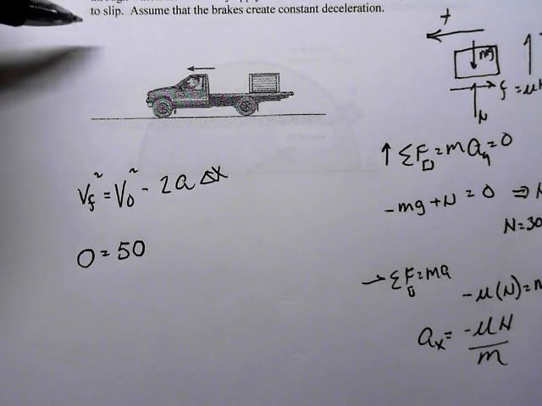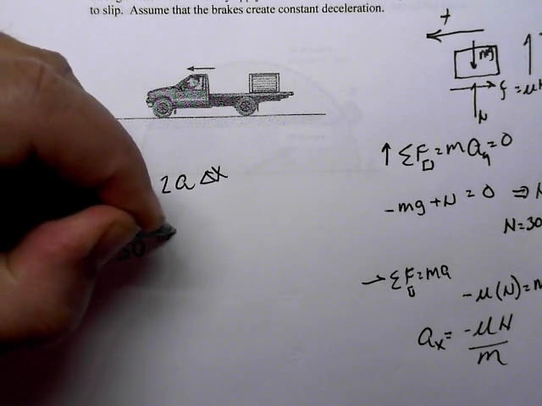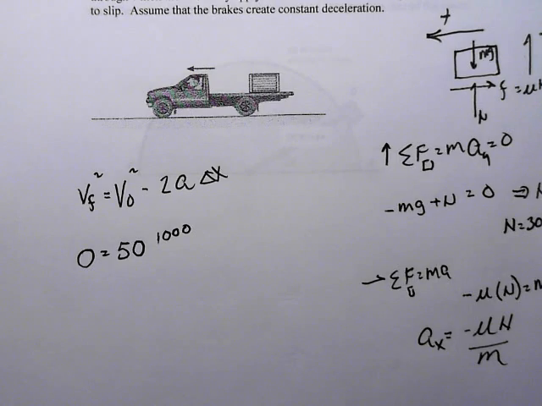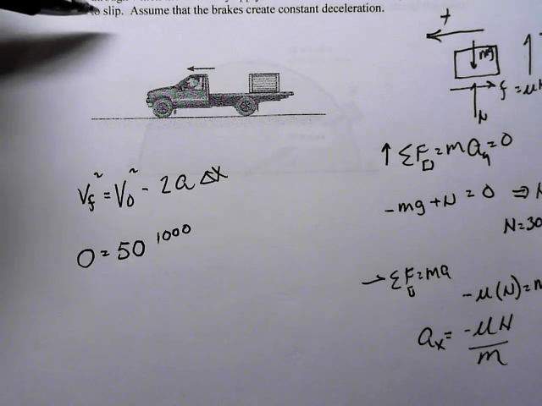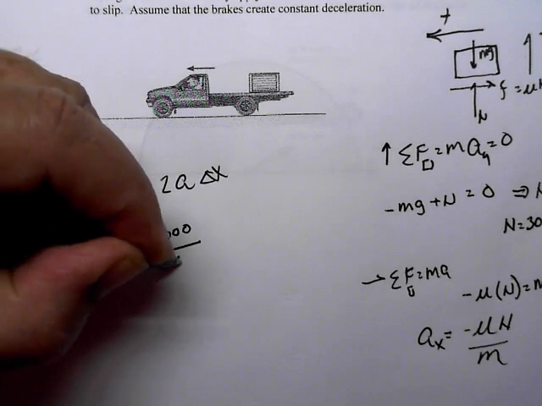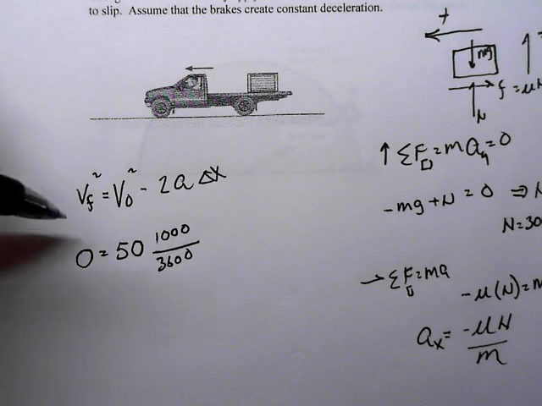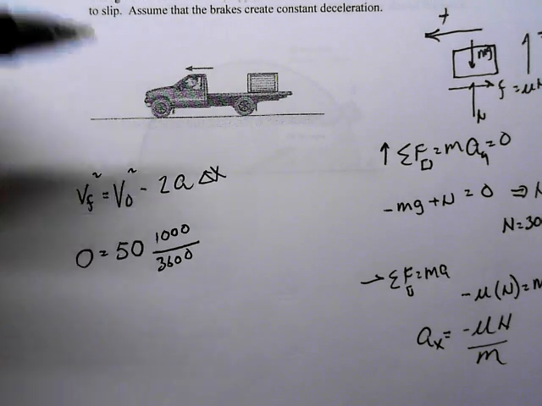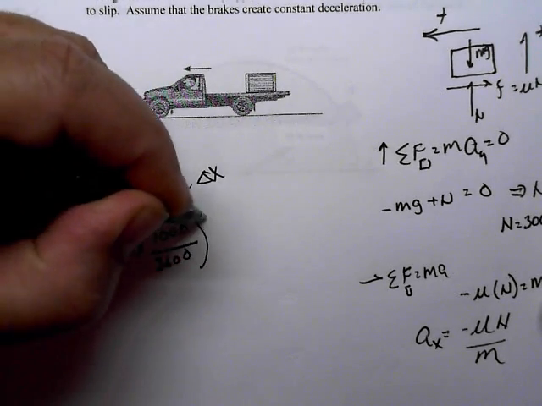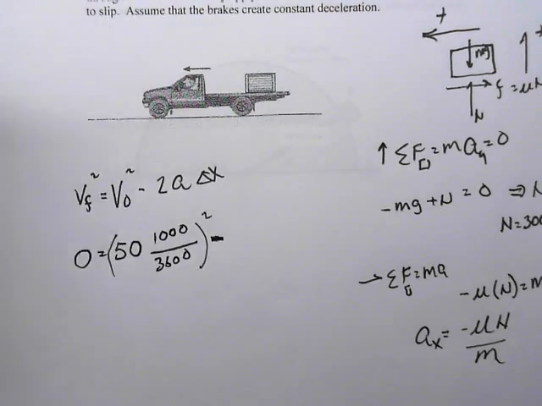Okay, so let's turn that into, let's see, we want to determine the shortest distance. I think we'd probably like to determine that distance in meters, so let's turn kilometers into meters by multiplying by 1,000. Then for hours, if we want meters per second, we divide by 3,600, which is 60 times 60. Okay, so this is our final velocity, initial velocity, quantity squared is equal to